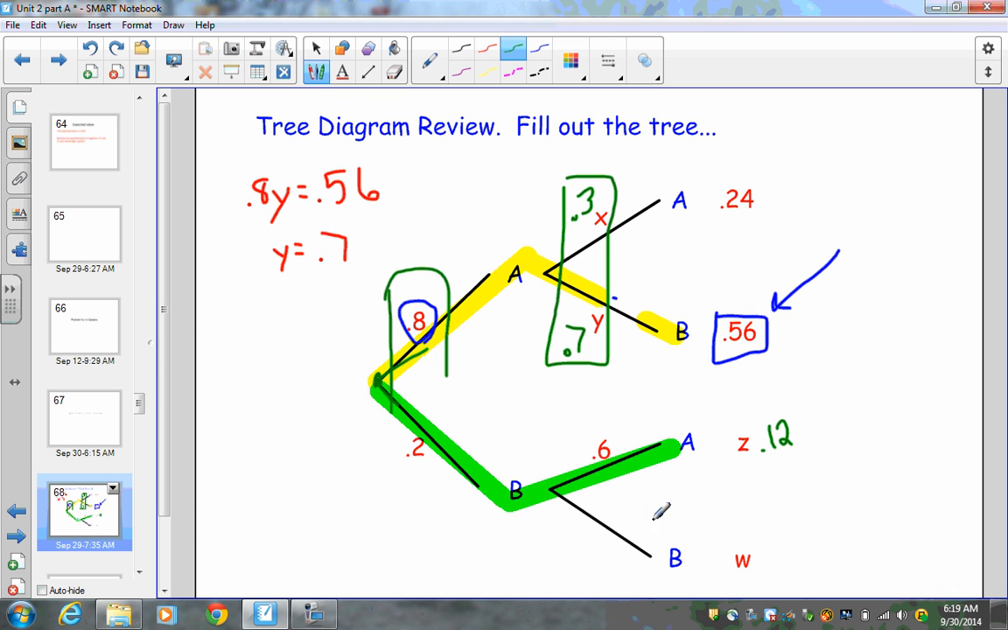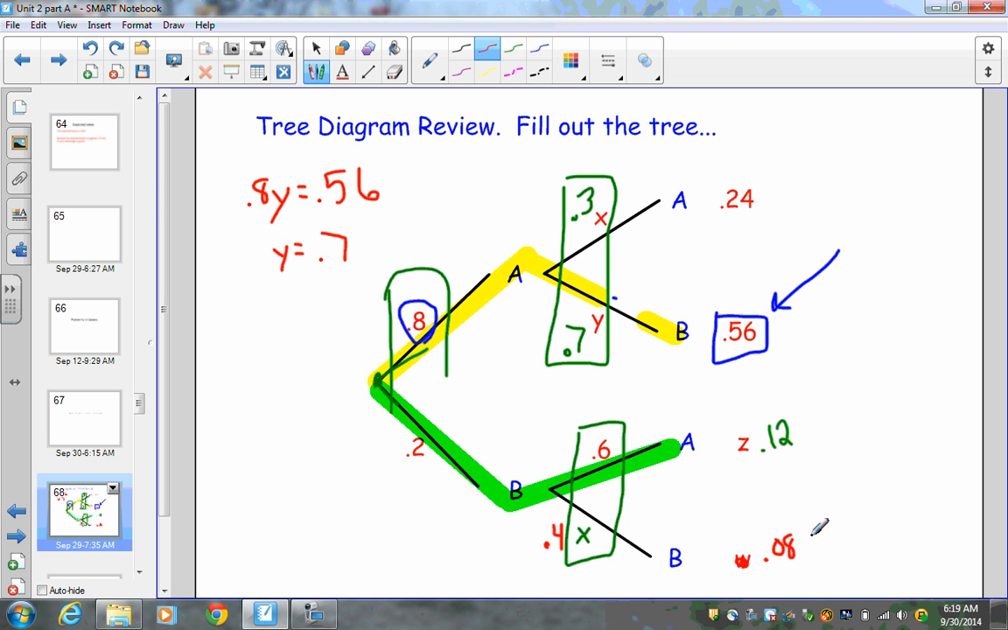All right, now we've got to find W. But in order to find W, notice that we need to find this right here. Going back to my rule that all branches equal 100%, I know that this is going to be 0.4. So 0.2 times 0.4 gives me